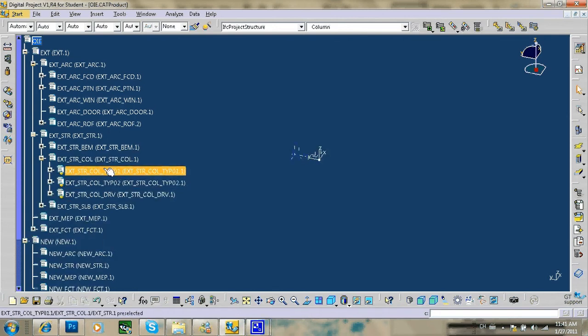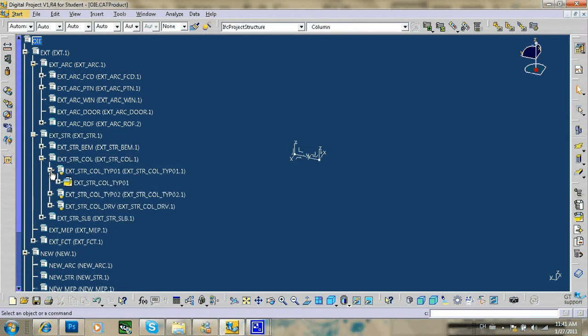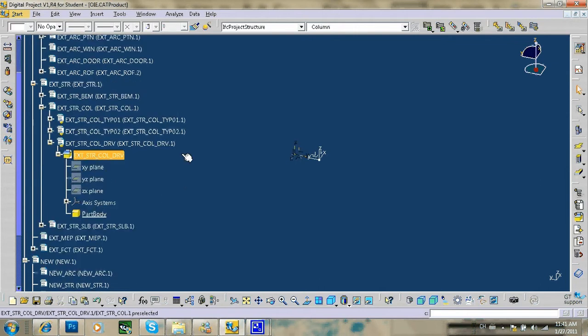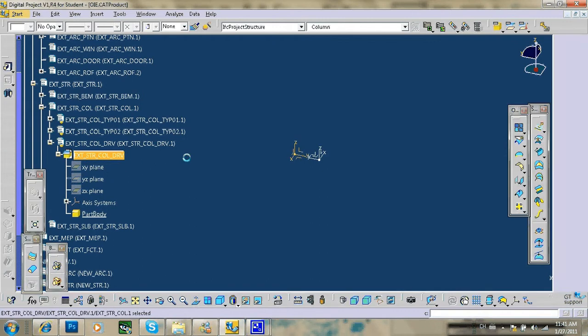you should have this start with drive, which has all the driving forces, all the setup elements, and this is going to contain the actual geometry for the body part of the column, for instance. So right now let's start from the drive. So again, we're currently in the project workbench, so if you double click, that will switch to the